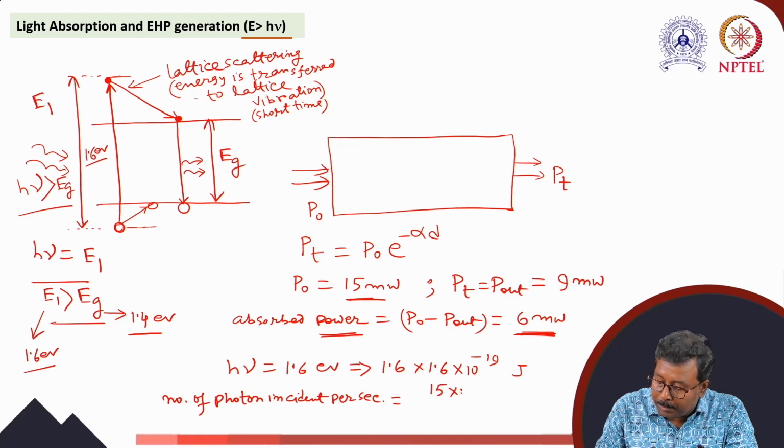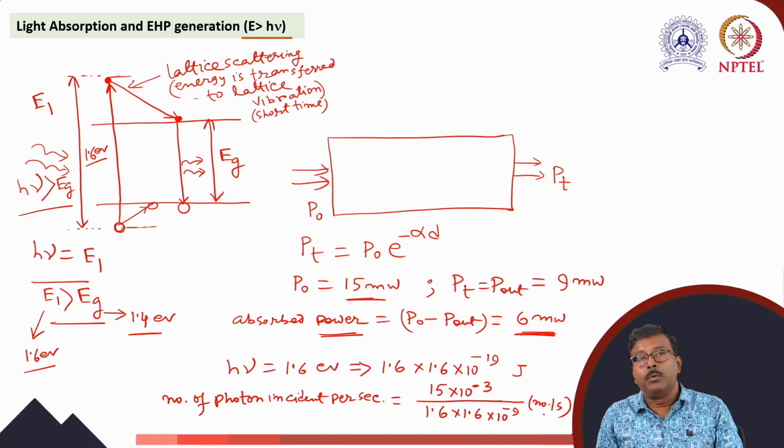15 into 10 to the power minus 3, because this is milliwatt. So this watt divided by 1.6 into 10 to the power minus 19. In the numerator this is joule per second and in the denominator it is joule. So ultimately this is number per second. So this amount of photons is